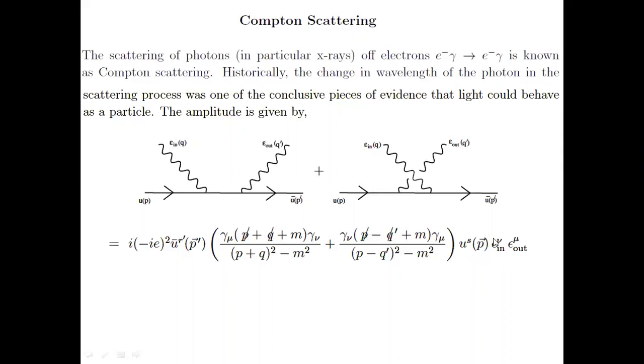So this is epsilon in and out. There is an incoming photon and an outgoing photon, but photons are neutral particles, so there is no difference. Their fields are real. This is the electron propagator for the first process, and this is the electron propagator for the second process. There is an outgoing electron here, an incoming electron here, and a coupling term because there are two vertices. So I think this concludes all of the scattering processes, the physical processes. If you have questions, you can ask me now.